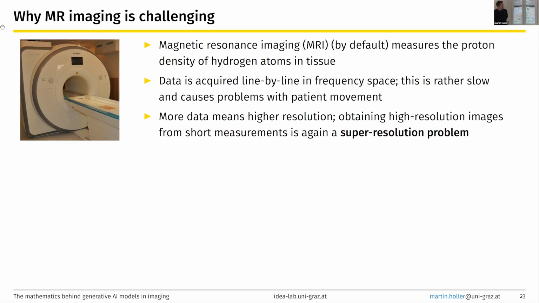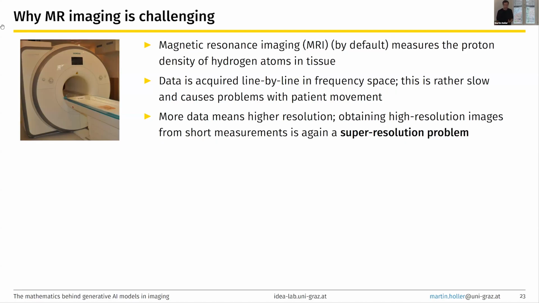And the data in MR imaging is actually acquired line by line in frequency space. So basically you can think of, you're in the scanner, there's the image of the brain, and it's more or less acquired line by line. And the problem here is that this takes some time, right? So in order to acquire all the data that you need, you have to measure for a certain amount of time. And the longer you measure, the higher is the resolution of the image that you can reconstruct. If you measure only a very short time, you have only data for a rather low resolution. Okay, so by itself, this is a problem because you want to obtain high resolution images by using only a